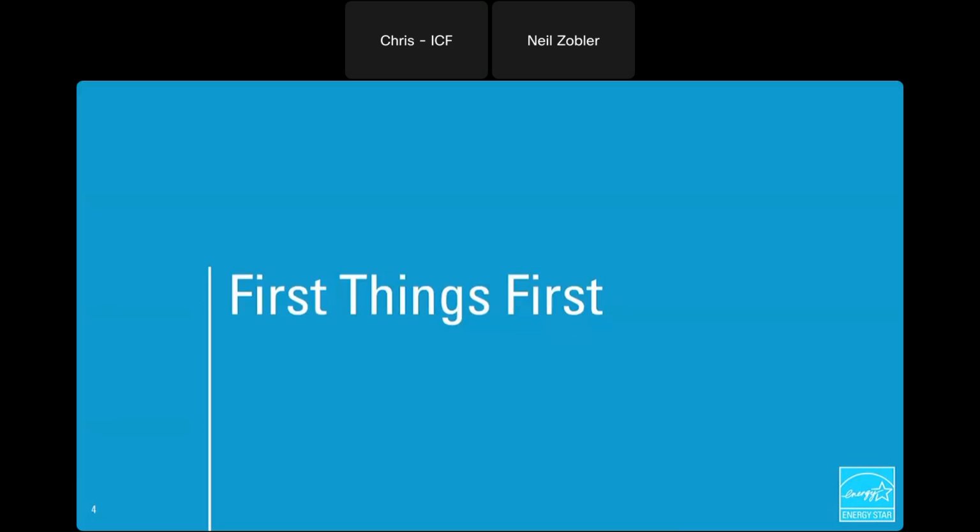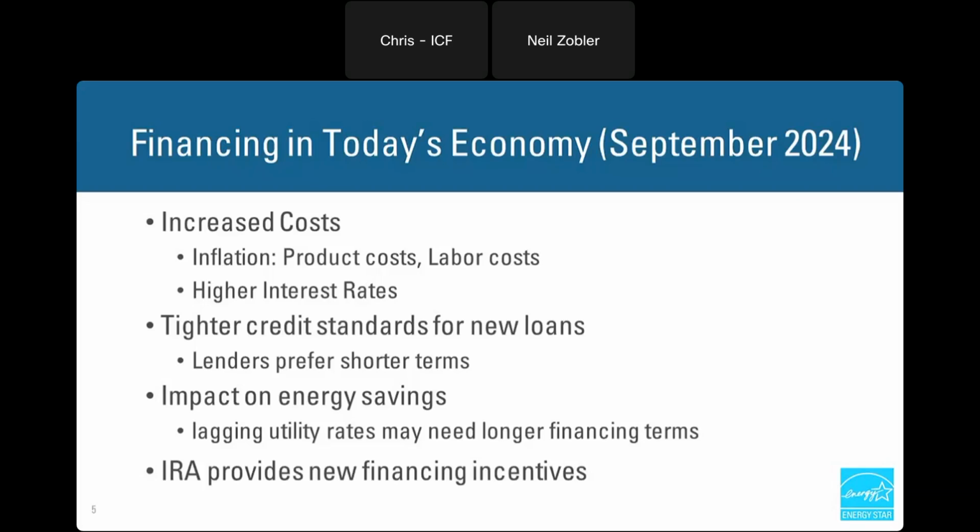So before we get into the different financing alternatives, I'd like to review some of the first things that need to be addressed before you even consider financing. Some of them are pretty obvious, but